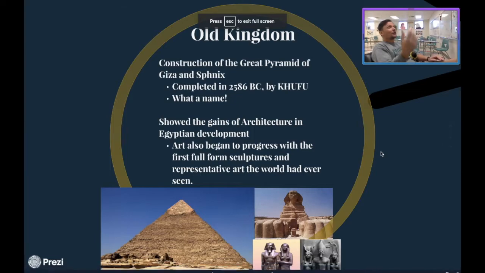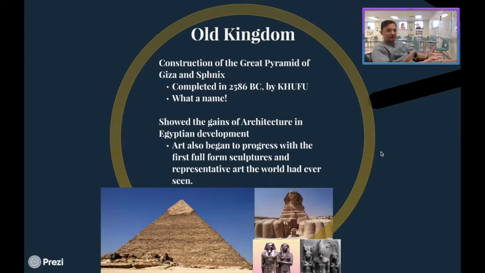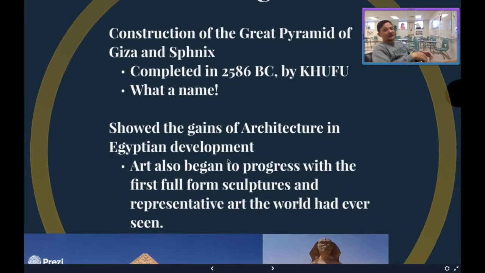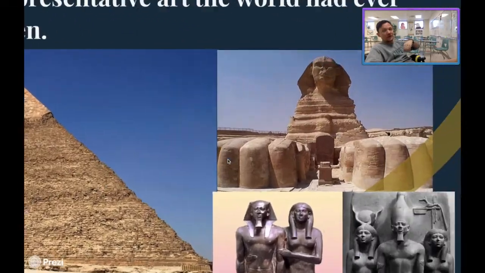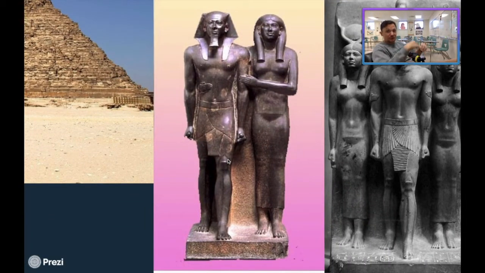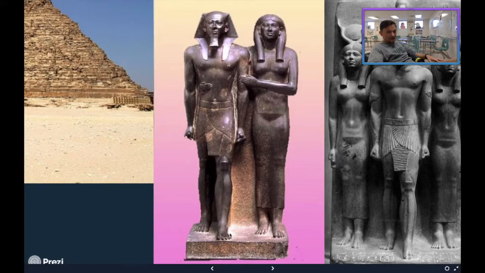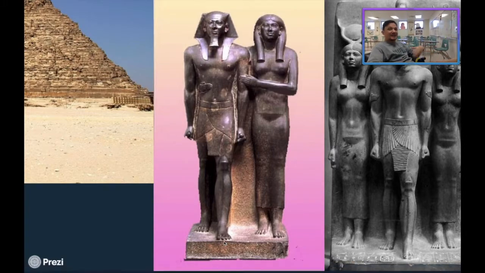All right. So the other big thing is that even though there were some bad leaders, there were massive gains in architecture in Egyptian development, and art also began to show massive progress, adopting the cultural qualities that made ancient Egyptian art, right? For example, the sculptures produced during this time period. Free-form sculptures that included the entire prototypical physical body, completely proportional, and also indicating motion, right? As you see right here, his foot is coming forward. It's trying to indicate motion to make it more lifelike and less static, right?